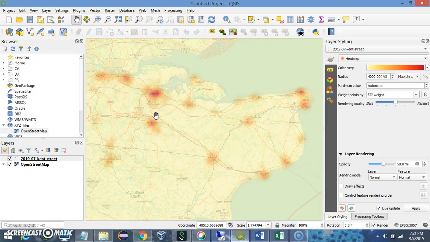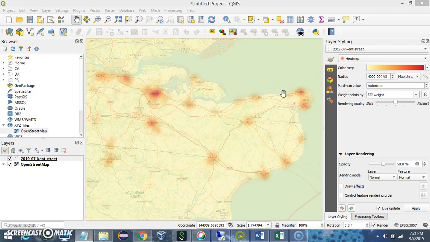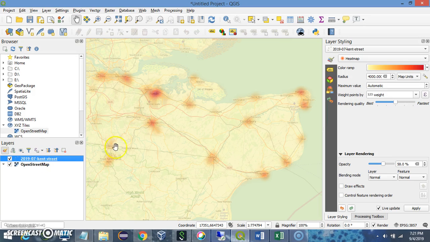And there is also another processing tool in QGIS that allows us to create a more sophisticated heat map, and that's called the kernel density generation. So what QGIS does is it has an inbuilt tool called the kernel density generation tool, which uses the kernel density algorithm to generate the heat map. So let's go ahead and do that, but before that we need to project our data to a different